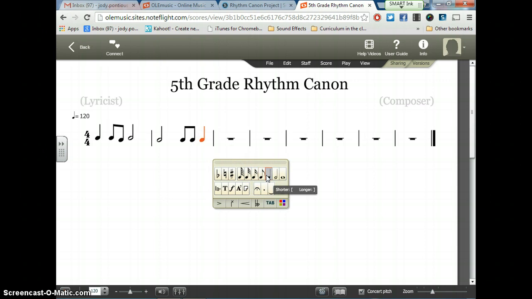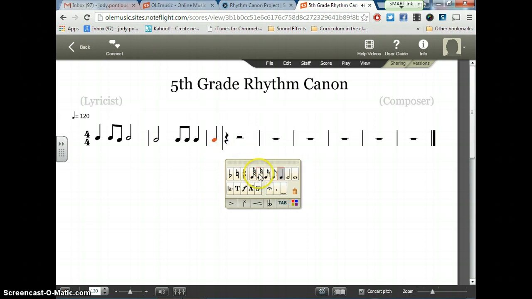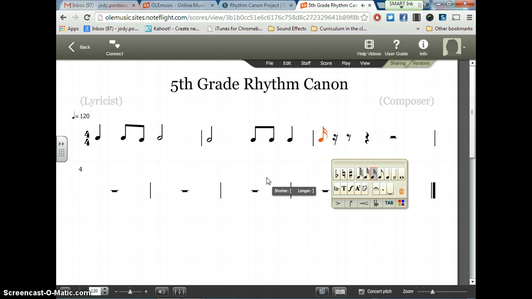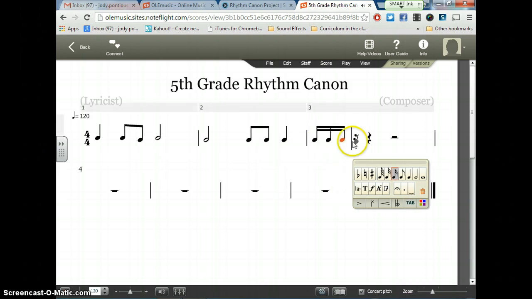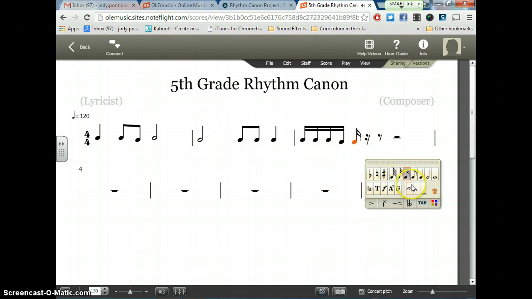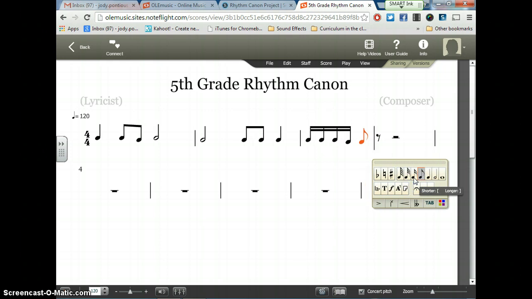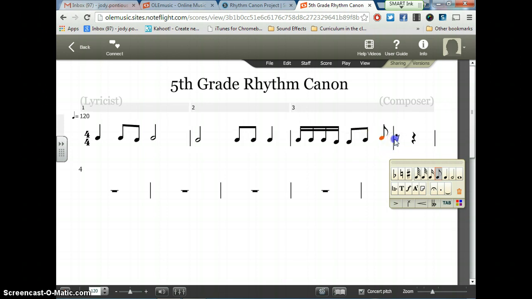Okay. Now I think I want to start with 16th notes. And I keep clicking along. Okay, I've got my 4 16th notes. I think I'm going to go to eighth notes now, but that has 2 flags. Go over and click so you get 1 flag, using that toolbar to do that. Now I'm going to put in a quarter note